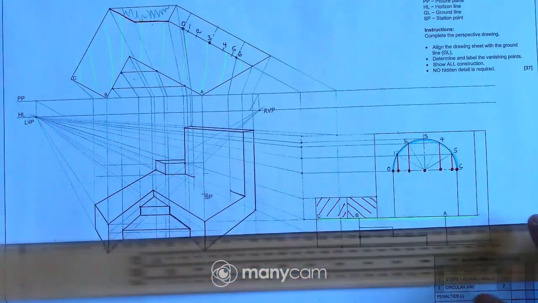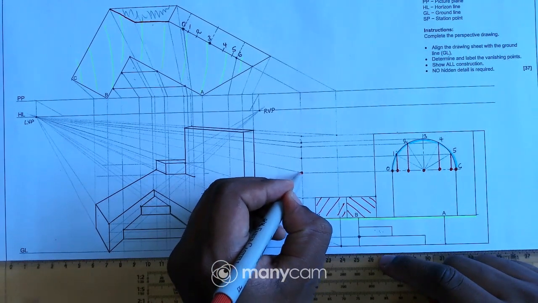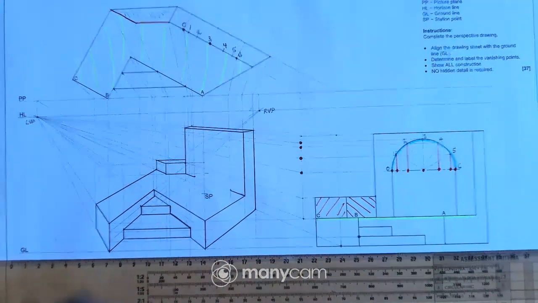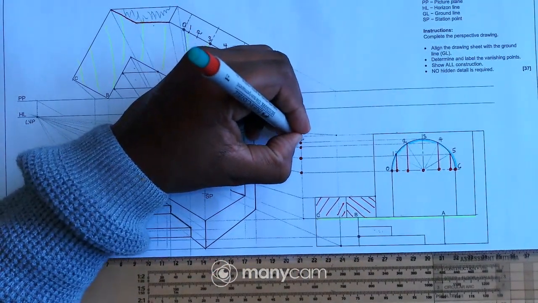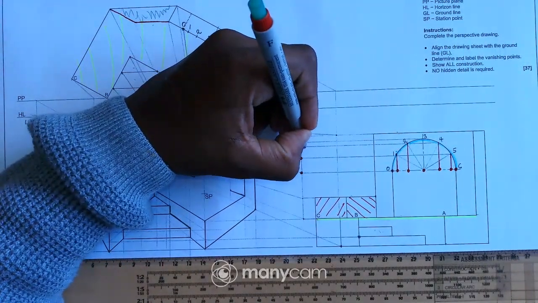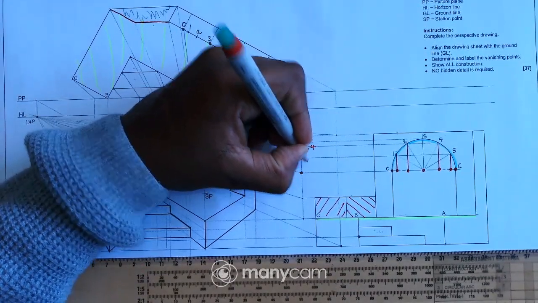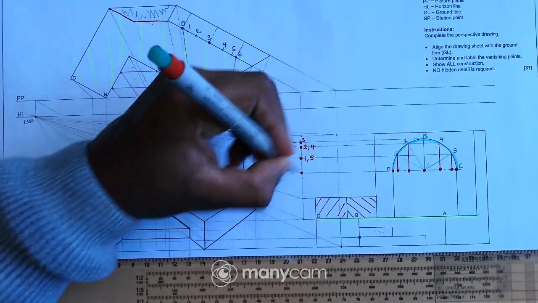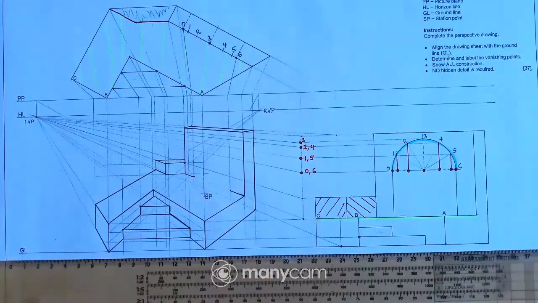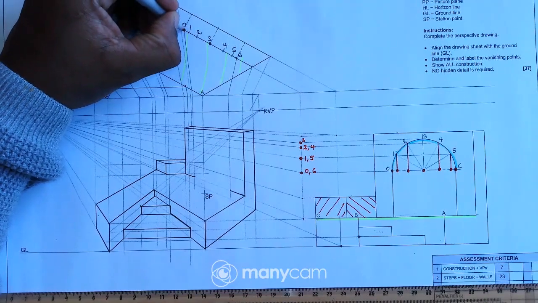This one. Okay, so remember my focus is on these heights, those points. At the top there I have point 3. The second height is point 2 and 4, and then here I have 1 and 5, and here I have 0 and 6. Okay, perfect. Now I'll move to the top view.